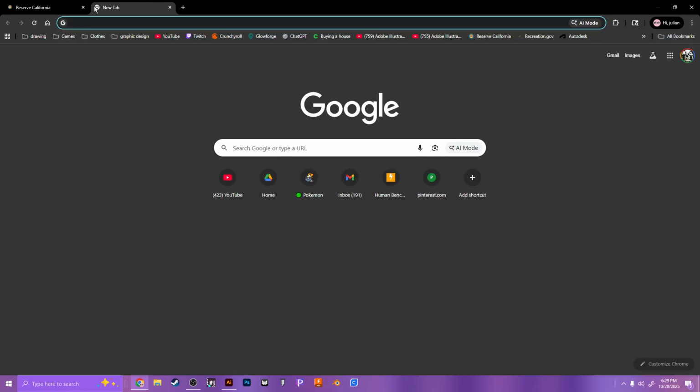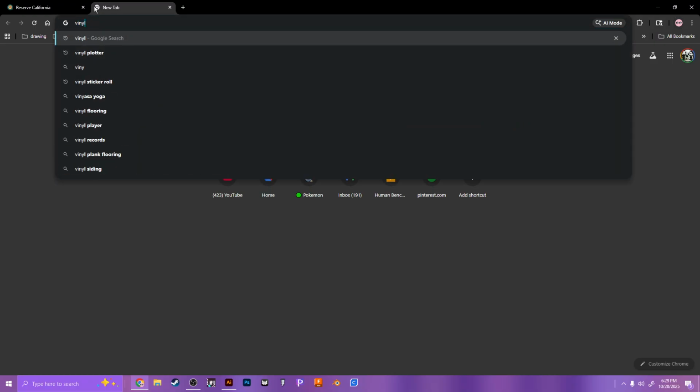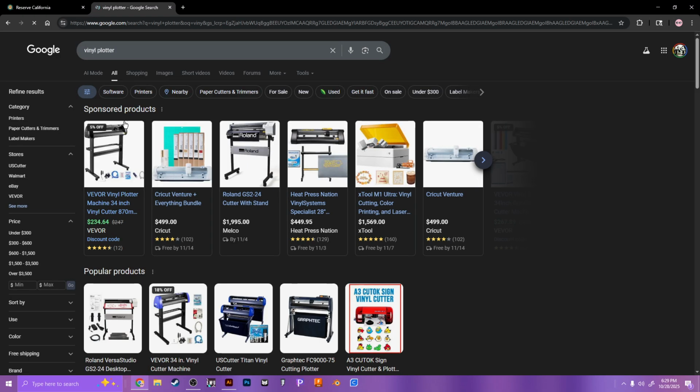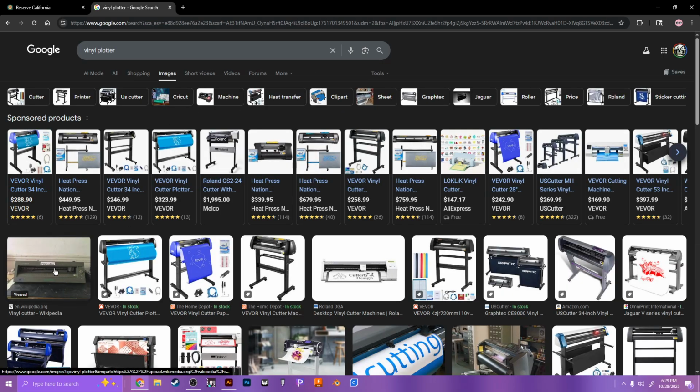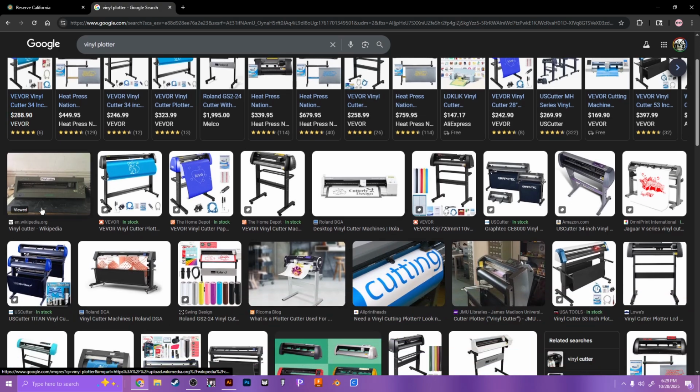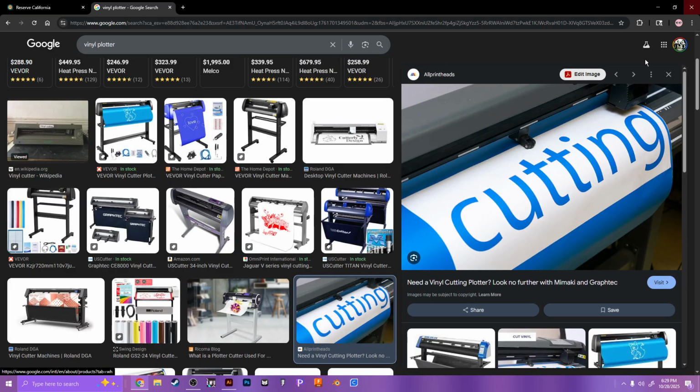So a vinyl plotter is simply a machine that cuts vinyl, and they come in lots of different sizes, from big to small. The ones we have at the school are two big ones and three small ones, right? And these machines will cut vinyl, and they are really good at making stickers and graphics for cars and street signs,